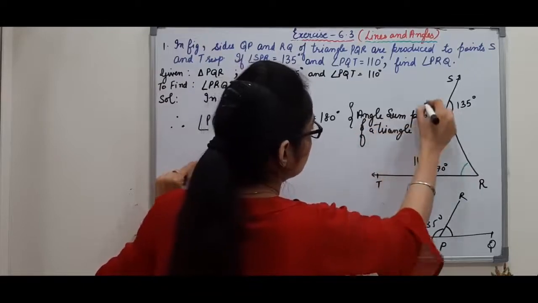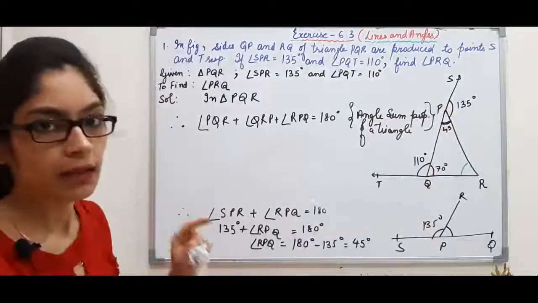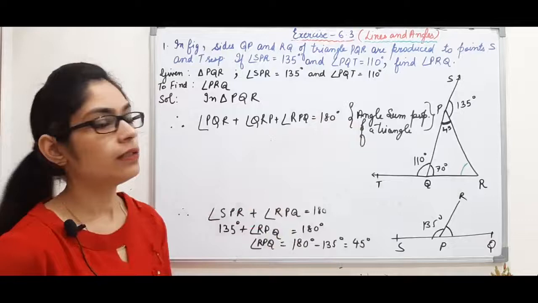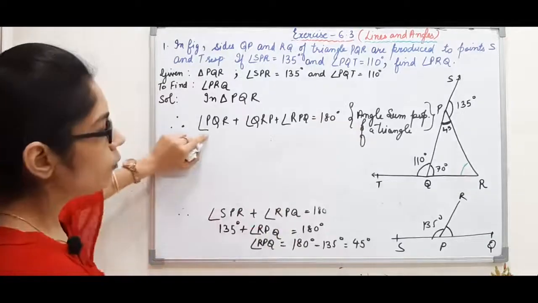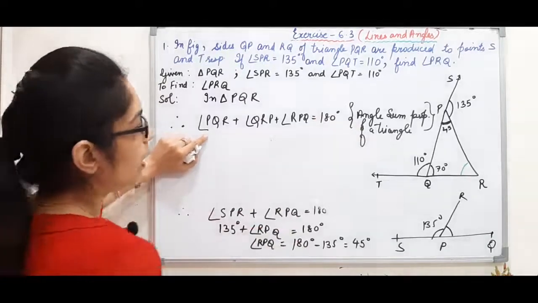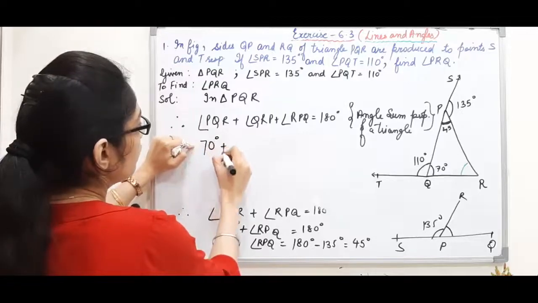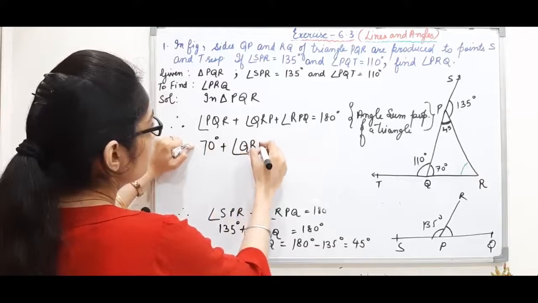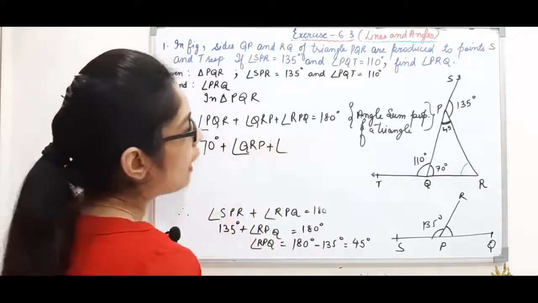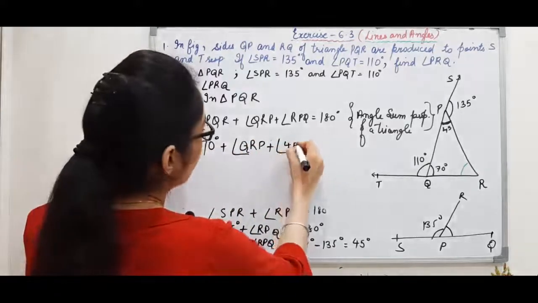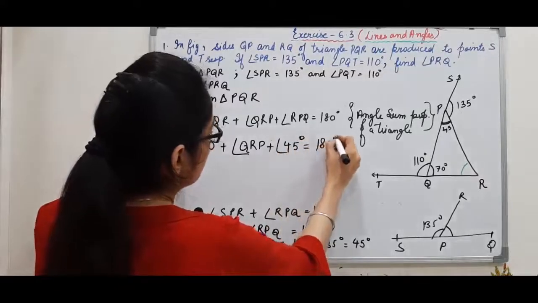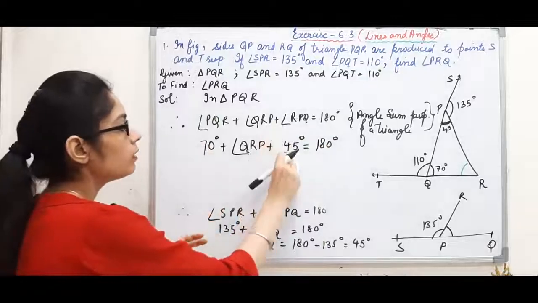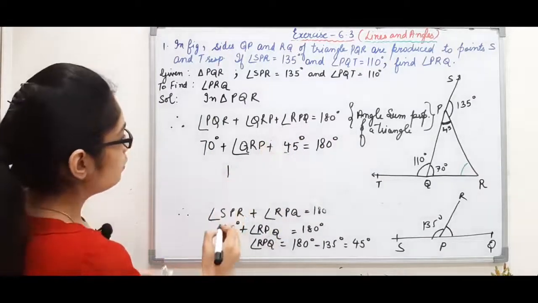So we have just now done this theorem: the sum of three angles of a triangle is equal to 180 degrees, and this is known as the angle sum property of a triangle. So we can fill in the values now. Angle PQR is equal to 70 degrees. Angle QRP, we have to find its value, plus angle RPQ, it is equal to 45 degrees, which is equal to 180 degrees. Angle 70 plus 45 degrees, it's equal to